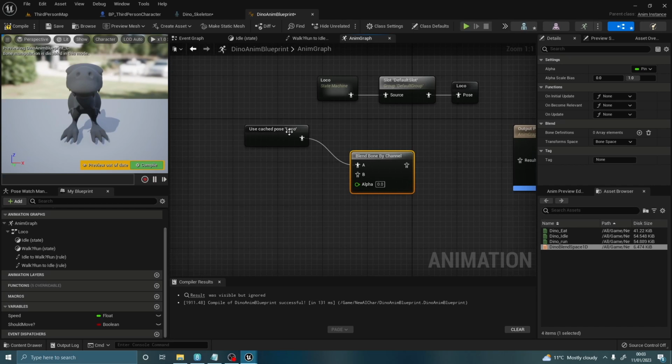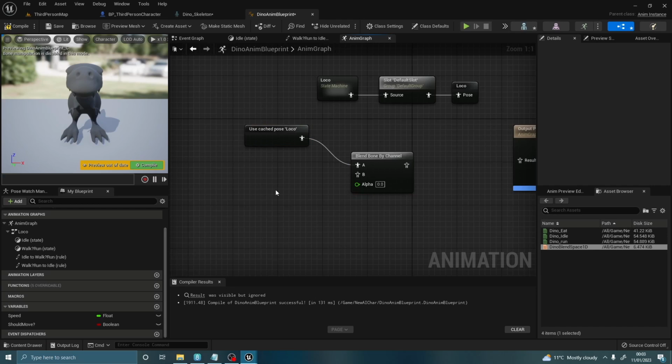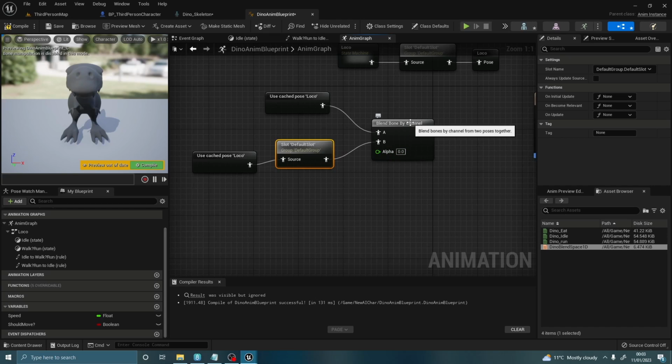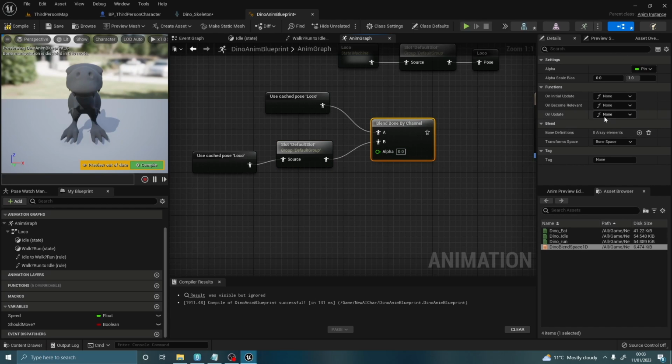Okay. So we need to now copy and paste the loco, pull off this, get another default slot, and then pin that into B. Click on the blend per bone and it'll open up the details on the right hand side. We want to click the plus button under blend bone definition. We'll click on that, and under the little arrow we get a target bone, and we want to pick bone 013